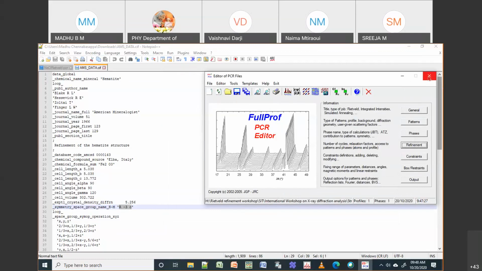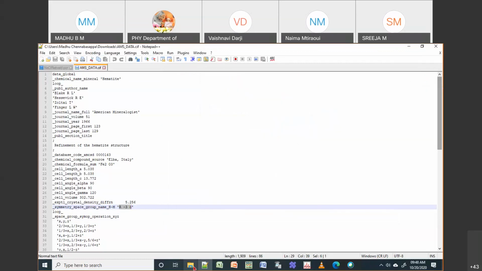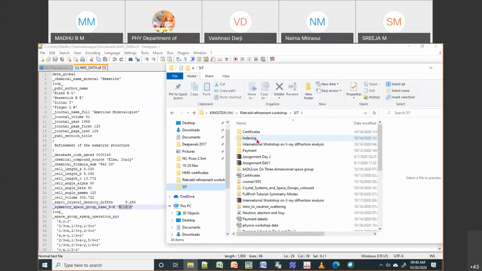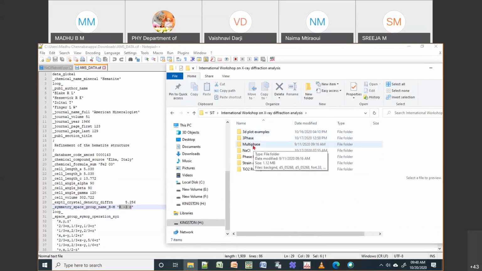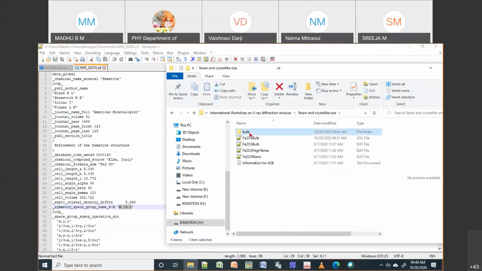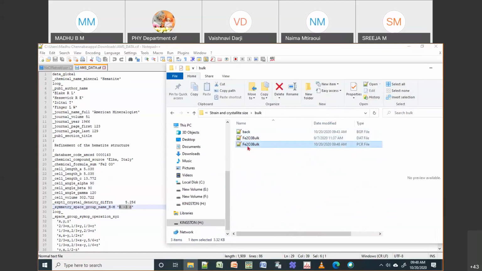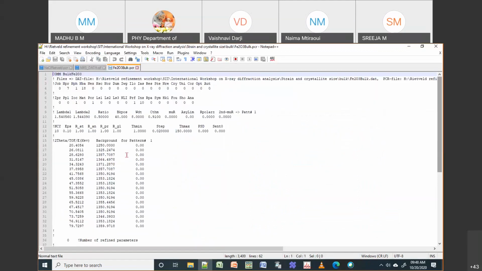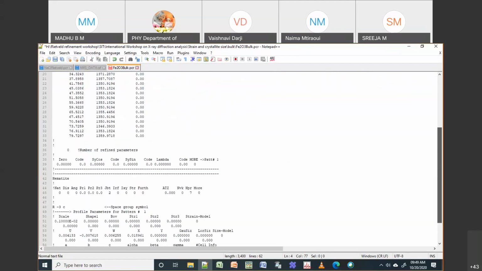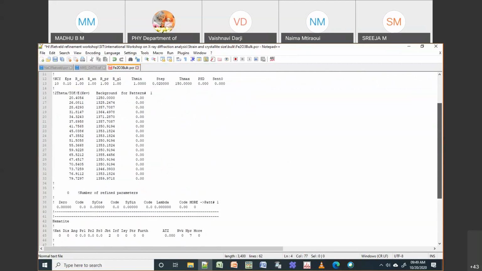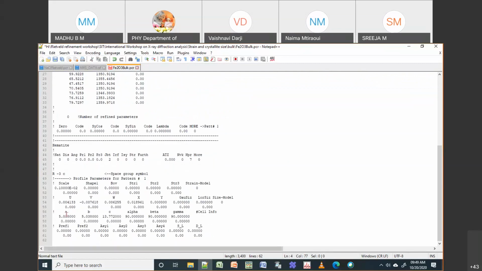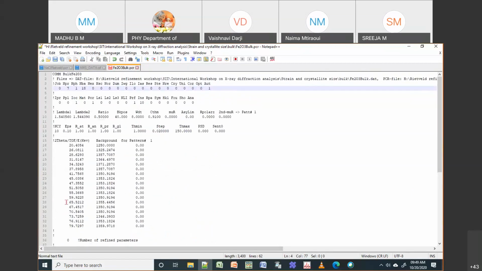Then what I will do, I will close this, and then I'm going to open the same in the notepad. Okay, so I'll open this PCR file in notepad, and then I'll put this as automatic one, just to show what are the things we can do. Okay, then I am not having any excluded regions, to demonstrate that it is going to take the data which is already available in your data file. Okay, so then I'll put auto 1.